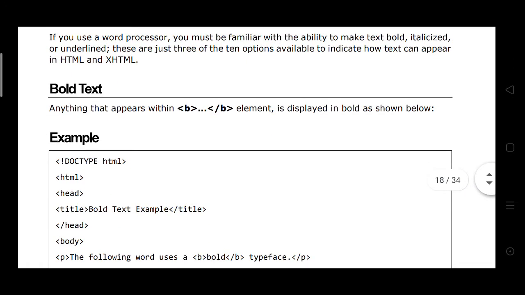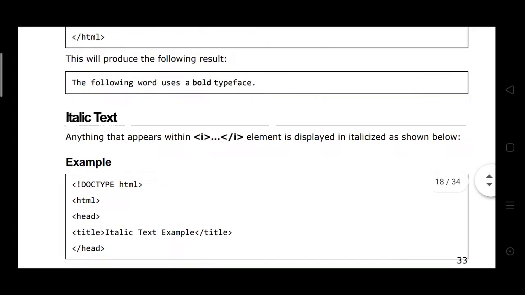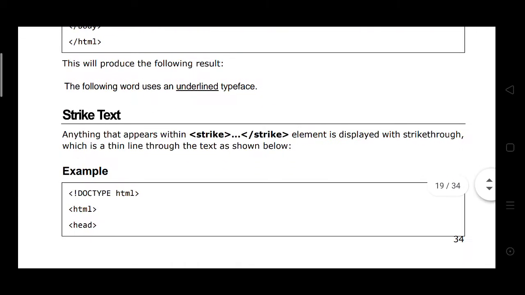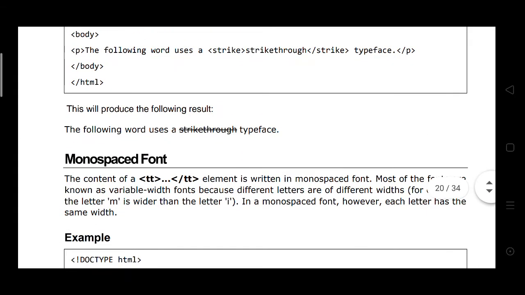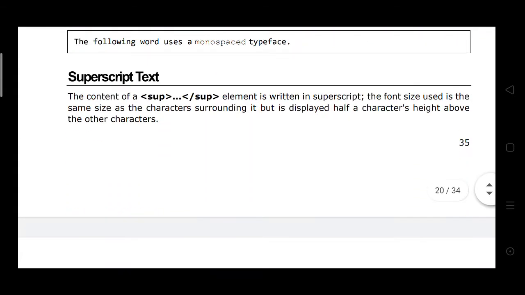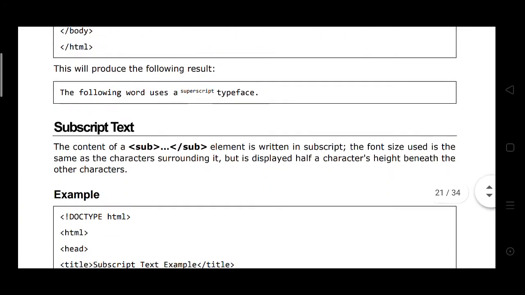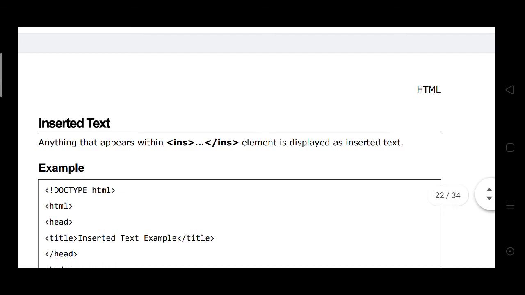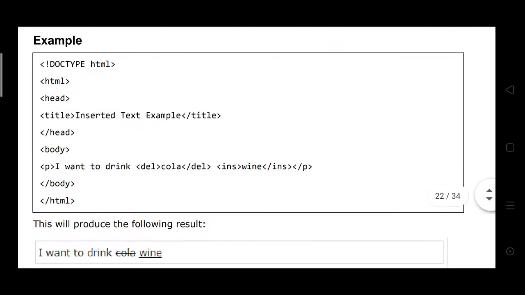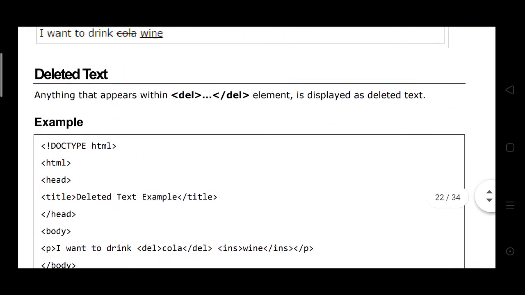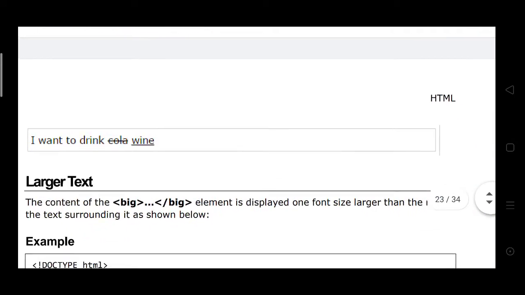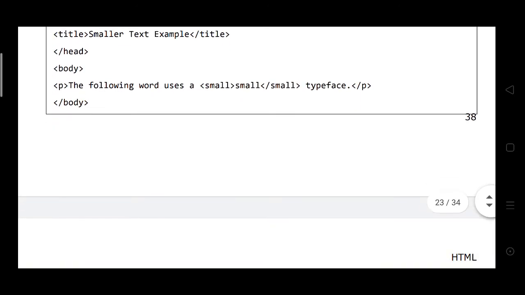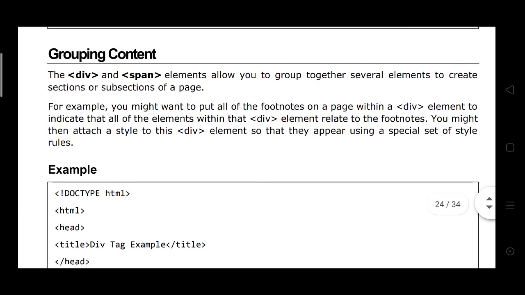You see bold text, italic text, underline text, monospaced text, superscript text, subscript text, inserted text and deleted text, larger text, smaller text, grouping content.